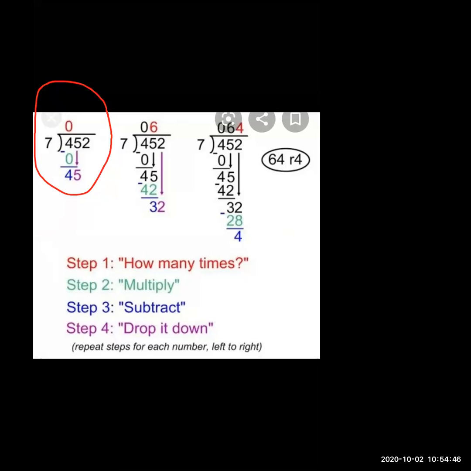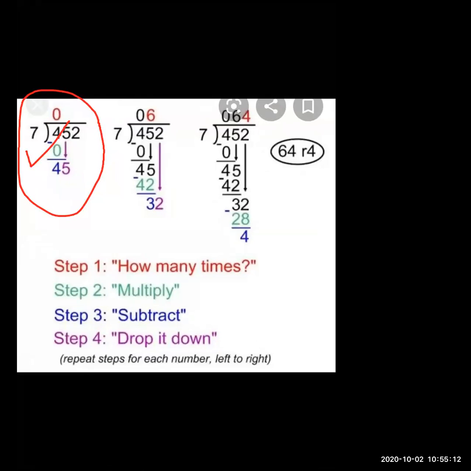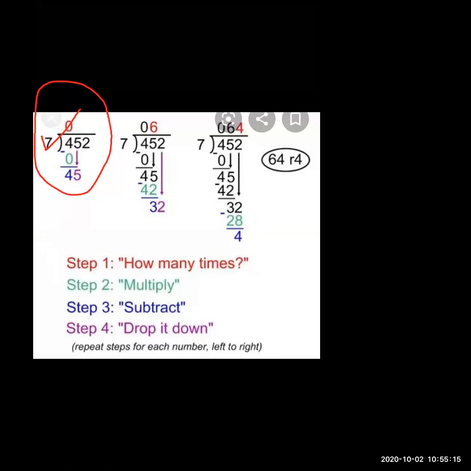After that, give which sign? That is the minus sign, which is already given to you here. And you want to write 0 as it is down, and do the subtraction. 4 minus 0. What is the answer? Your answer is 4. Okay, understood till here? That is the first step. Clear? If the dividend is small and the divisor is big, you want to take out 0 first over there.